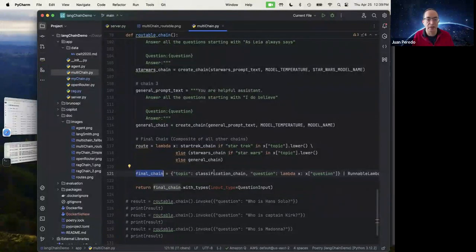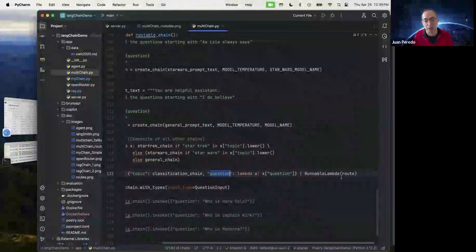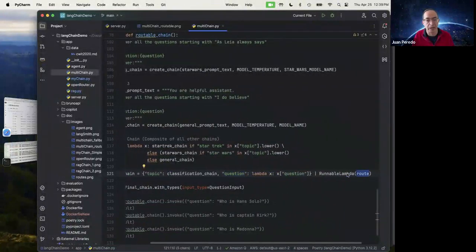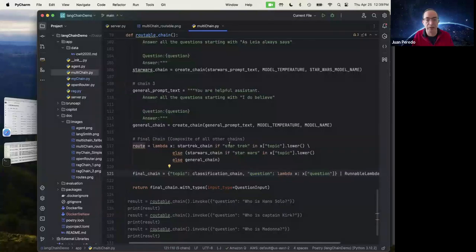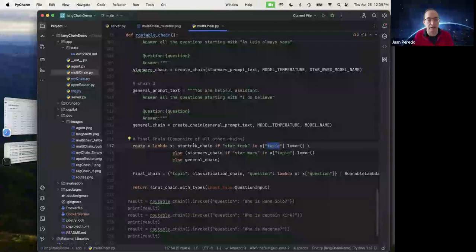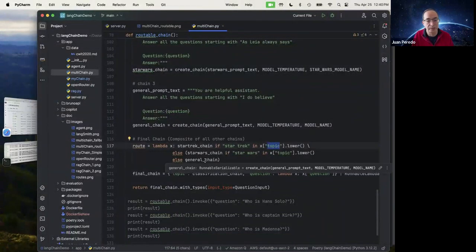Well, the first thing it's going to do is run our classification chain, and take the result, which is going to be Star Wars, Star Trek, or something else, and put it as part of the topic. Then it's going to take the question that the user provided and pass it to our router. And our router, which is defined up here, basically says if the topic is Star Trek, then run the Star Trek chain, Star Wars, the Star Wars chain, and otherwise the general chain. Cool.